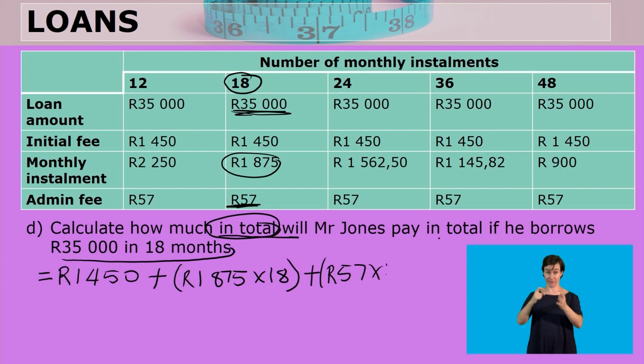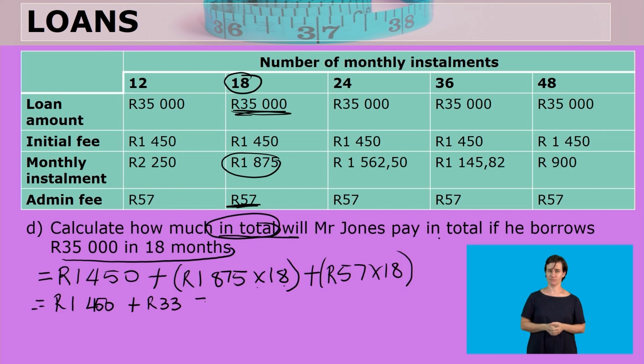So we have 57 rand multiplied by 18 because that is the period of this loan. There we have 1,450 plus 1,875 multiplied by 18, it will give you 33,750 plus 57 multiplied by 18, you will have 1,450. Then your next step will be to add all these values because the question said you need to find